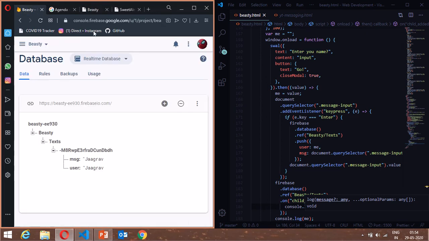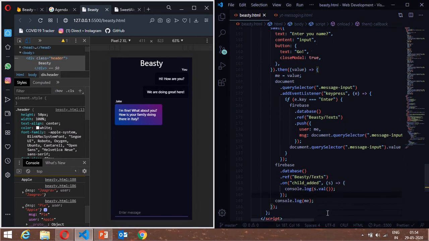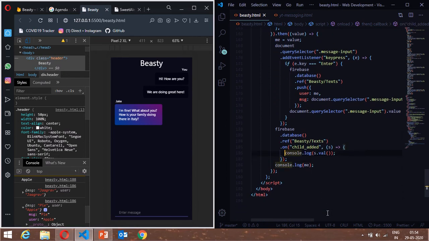As you can see, it's already present, so that's why it console.logged it. Okay, pi, see, user apple, a message pi. So that's how we know who texts and everything. And over here we are going to add the HTML part. We are going to type in document.querySelector, and then I'm going to type in .message body,